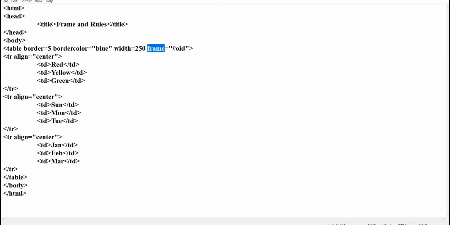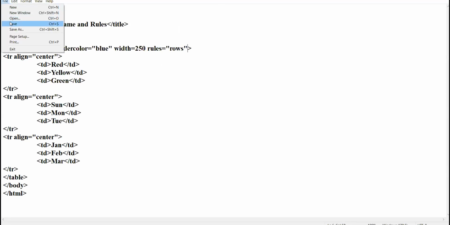Now let us proceed with the next attribute, that is the rules attribute. The rules attribute deals with the setting of the internal border of the table. The first value of rules is rows. The border will appear across the rows, only rows, and pay attention to the internal side of the table.